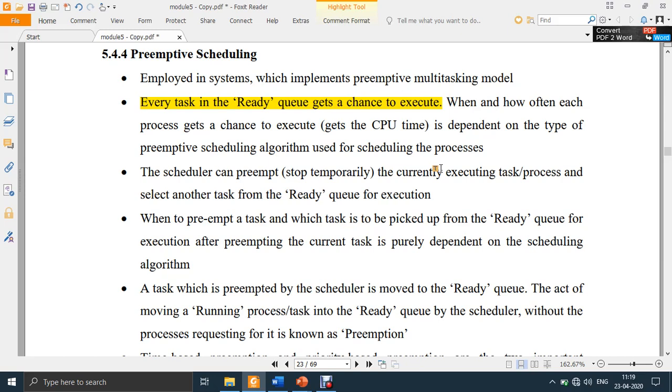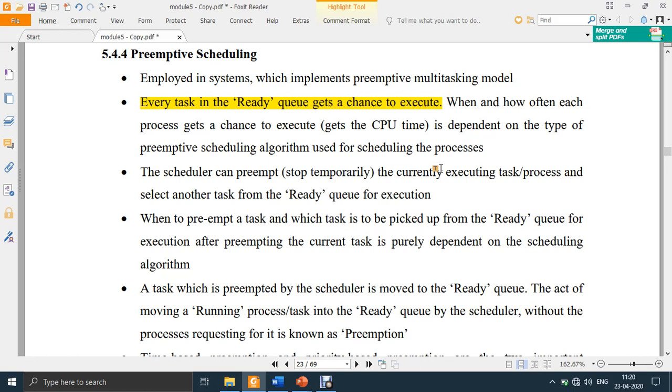After 2 minutes, let's say one more patient comes, patient number 11. He has high priority, in the sense that, let's say, he is the friend of the doctor. So the scheduler or the attender will go and preempt patient number 7. He will forcefully move patient number 7 outside the consulting chamber, and this new patient, number 11, who has high priority because he is the friend of the doctor, will be given the chance to consult the doctor.